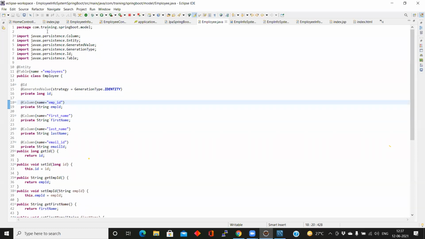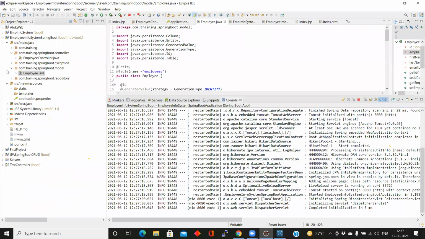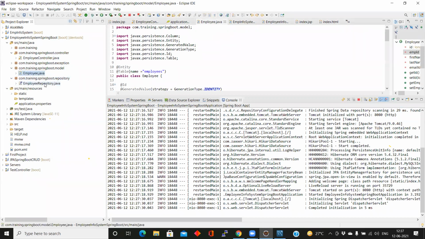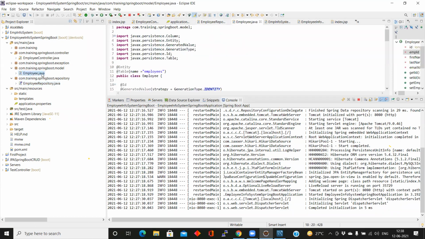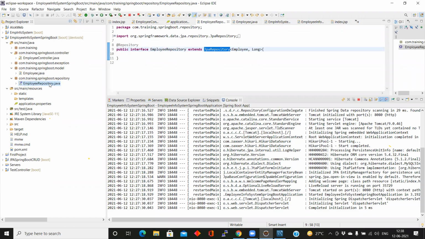Yes, sir. Okay. Next, after these steps, all of you please note down the next steps in Spring Boot. Spring Boot makes it easier, and you are not required to do 90% of the coding which you would have to do in a Java application. Everything has been written inside. So if we create an employee entity, we are going to create an employee repository.